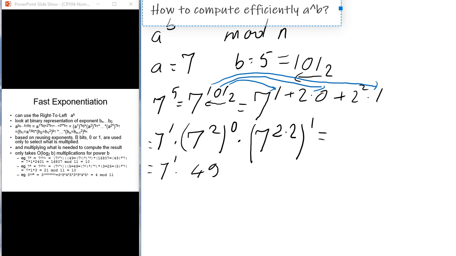We don't yet work modulo some number for the beginning. We'll do that later. What we'll notice for now is that 7 at power 2, this number over here, can reduce our computation from the previous term. So we are going to be able to write this as 49 at power 2, everything at power 1. And like that, we don't need to compute 7 at power 4. We can reuse our computation from 7 at power 2.